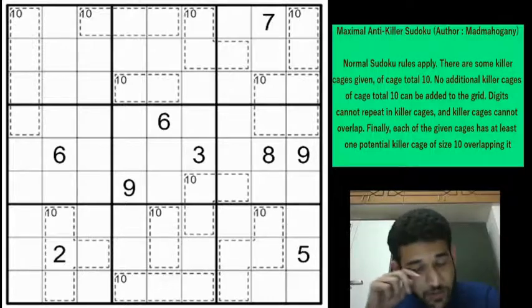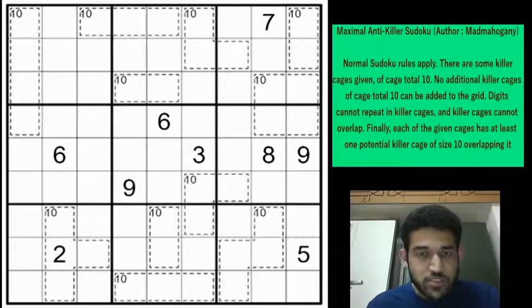Moving on to the rules of the Sudoku. The rules are a little bit complicated, so I will try to put them in my own words. In addition to standard classic rules, where we have 1 to 9 in each row, column and box, there are standard killer cages given inside the grid. Now, in each of these cages, the sum of the digits will be the clue given in the corner of the cage, and digits cannot repeat inside a cage.